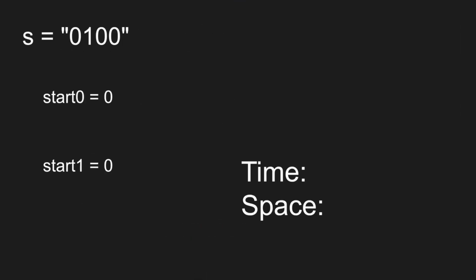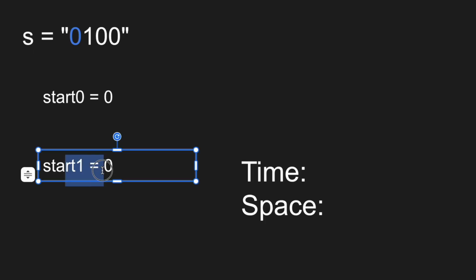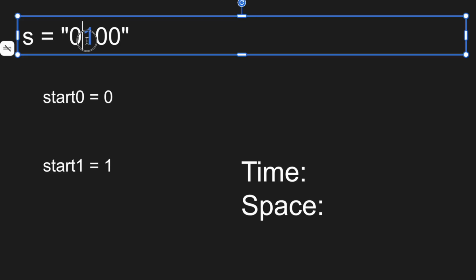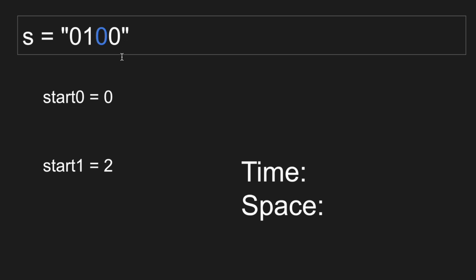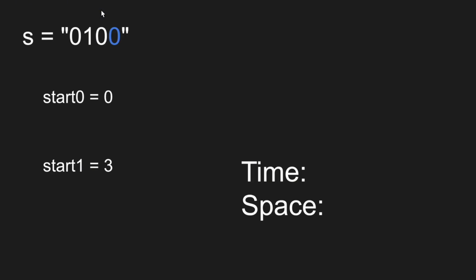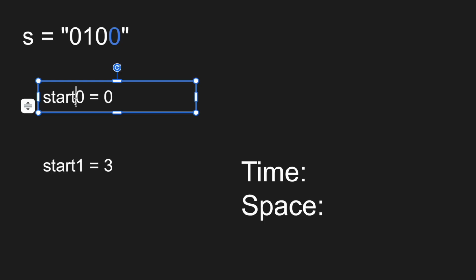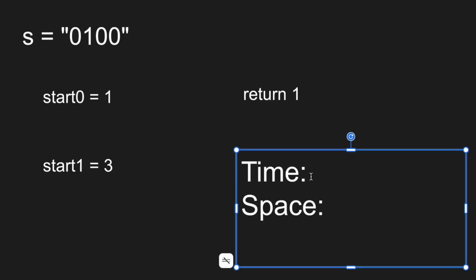So let's go over this example real quick. So in the beginning we are at 0, so if we wanted to start with 1, we'll have to change this one, so increment start 1. Come to this one, if it starts with 1, this will have to be a 0, so increment start 1 by 1 again, and we come to the next one. If we want to make a 1 0 1 0 pattern, then we have to change this string again, so increment start 1 by 1 again. Now if we want the string to start with 0, meaning 0 1 0 1, for it to be alternating, then we will have to edit the string that starts with 0, so we will increment this by 1. And finally, this is smaller than this, so we can return 1 as the result,